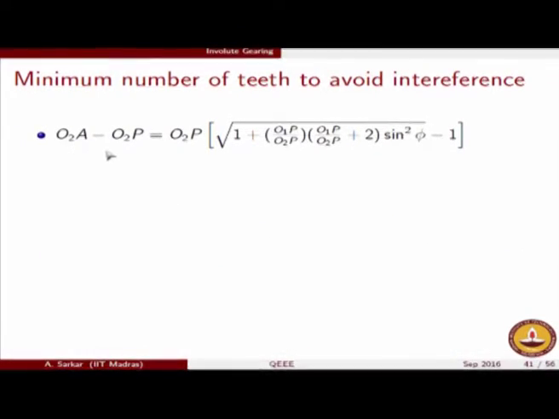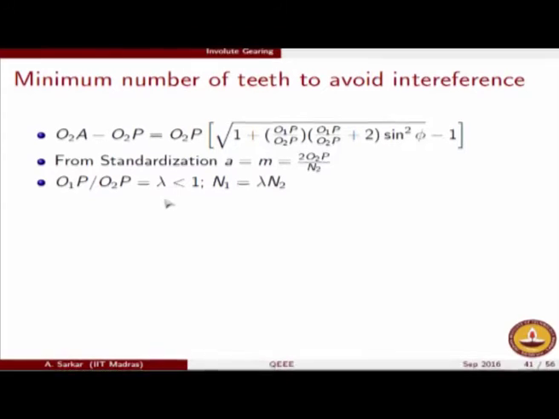So at the critical condition, what we have is that the addendum should be equal to this formula, whatever that is. So what we know again from standardization is that addendum has to be equal to the module, which means the module is pitch circle diameter divided by the number of teeth, and pitch circle diameter is 2 times the pitch circle radius. O2P is the pitch circle radius, so the module is 2 times O2P divided by N2.